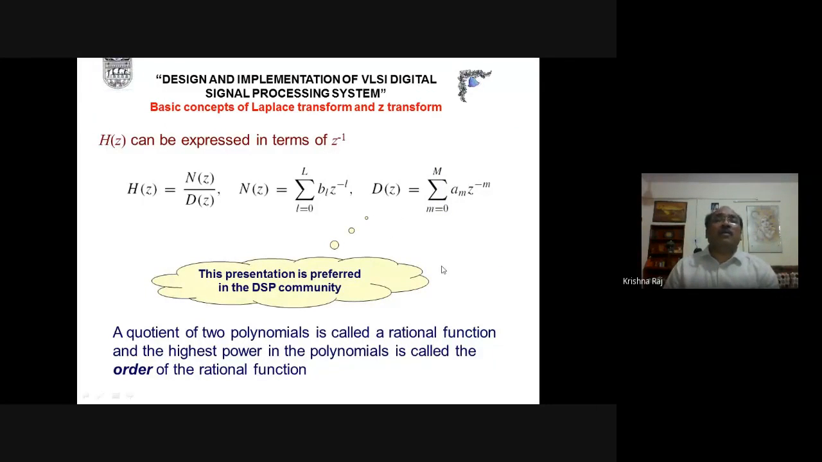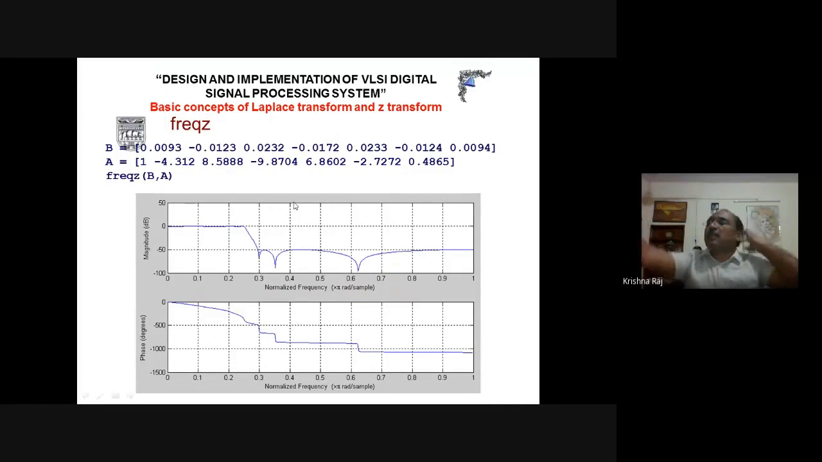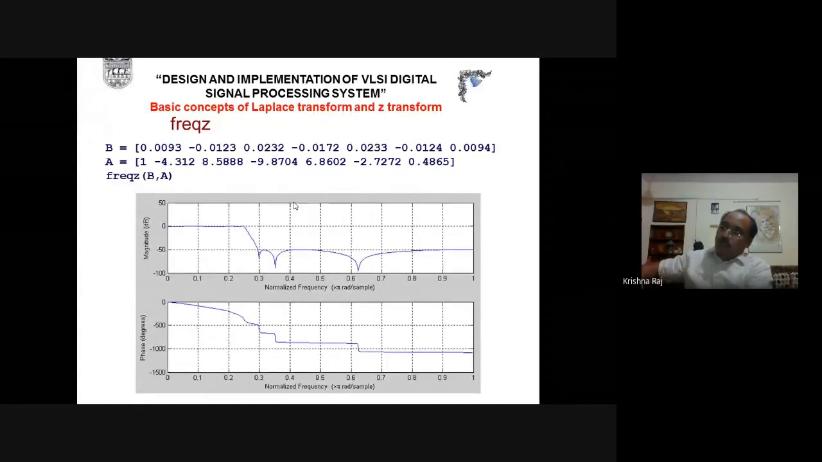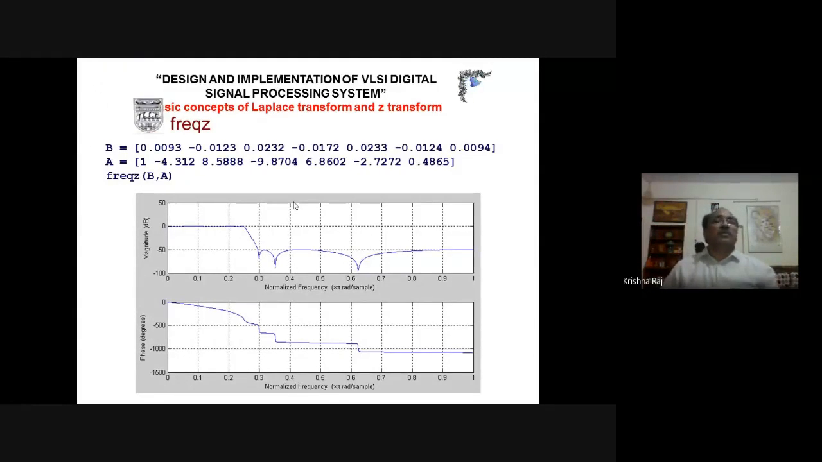If we are interested in getting the frequency response, the command freqs gives the frequency response of the system in the S plane. And if we write freqz, then we will get the frequency response of the system in the Z plane. Very simple: to get the frequency response in the S plane, we use freqs, and for the Z plane, we have to utilize the command